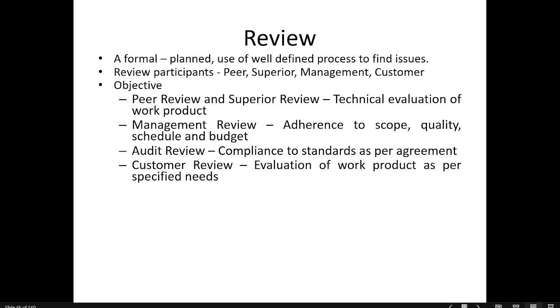Another type of review, management. Now, when it comes to management, what is the purpose of management review? It's a clear thing. When I say management, those are director level or managerial level and above people. So obviously they are not focusing on the syntax errors or coding errors. No, no, no. Their focus will be adherence to the scope. That means whatever work is going on, is it adhered to the scope that we have defined at the beginning